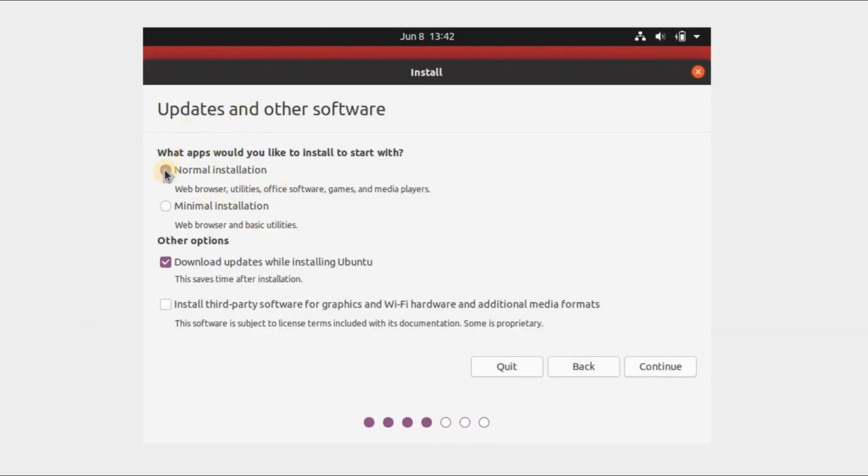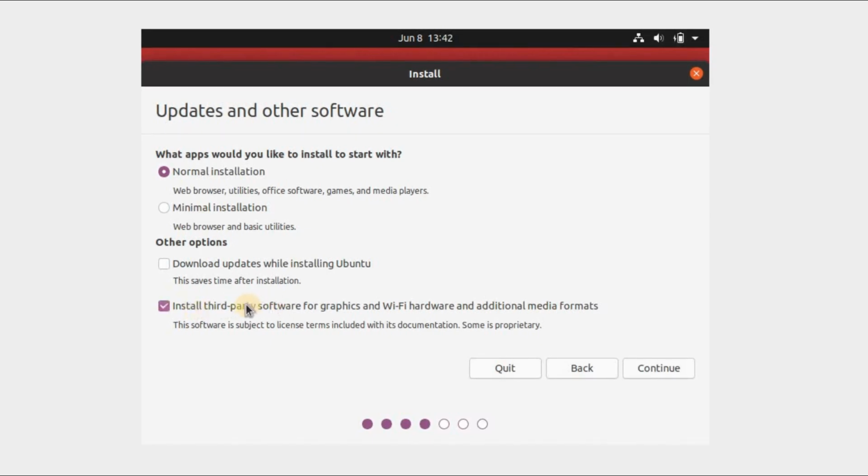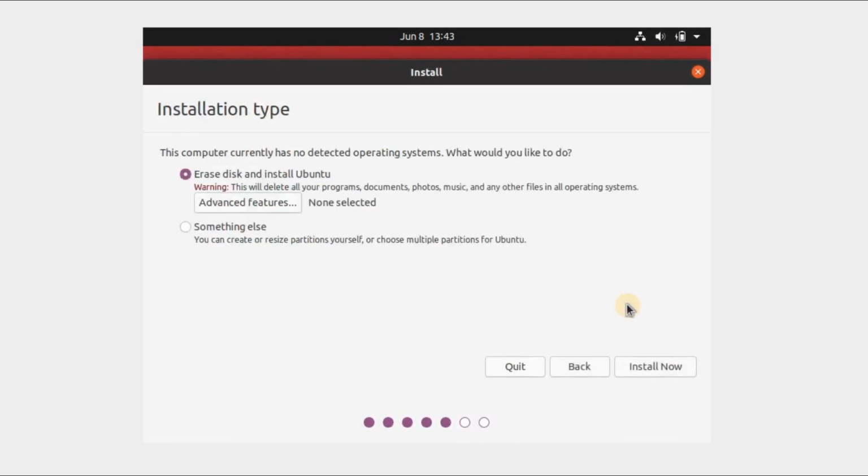In Updates and Other Software, choose Normal Installation or Minimal Installation, and untick Download Updates option and then select Continue. Check the boxes under Other Options if you want to download and install third-party software for Ubuntu, like graphics drivers. Choose Erase Disk and